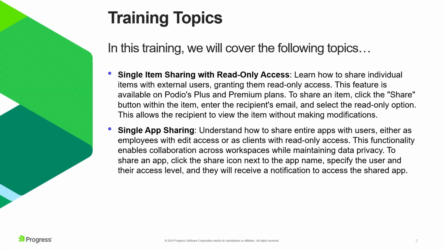Then we'll move into single app sharing, which is better suited for collaboration across a broader list inside of an app. So a list of tasks or projects, things that are open. And we'll use some real life examples. I have a workspace that we'll look at called Client Project and Task Management, and I'll work inside of an